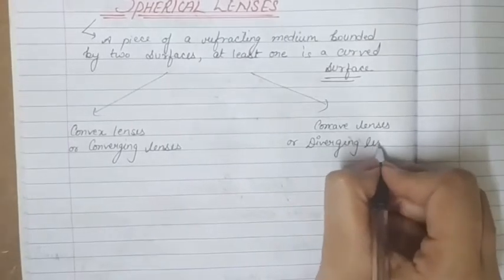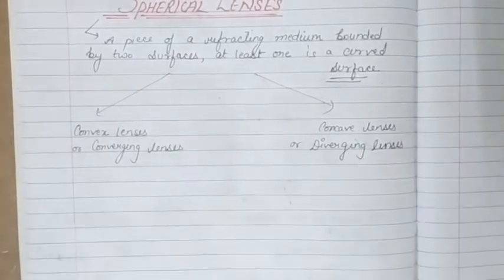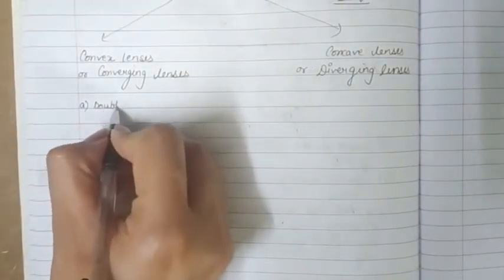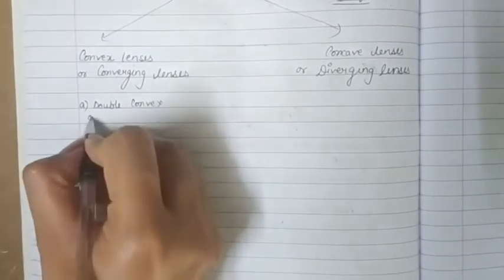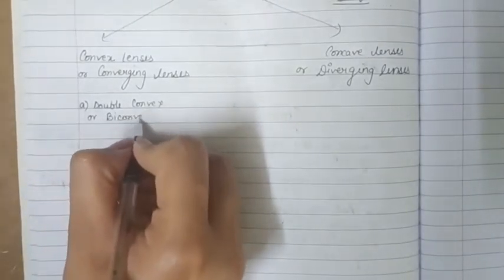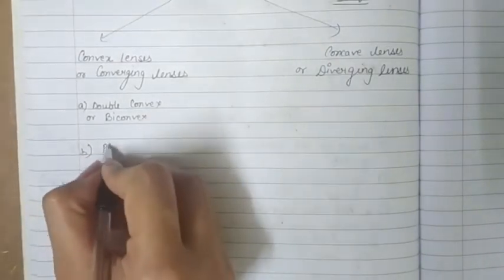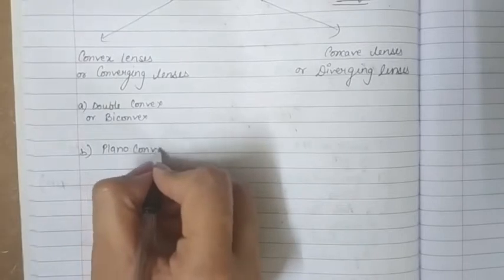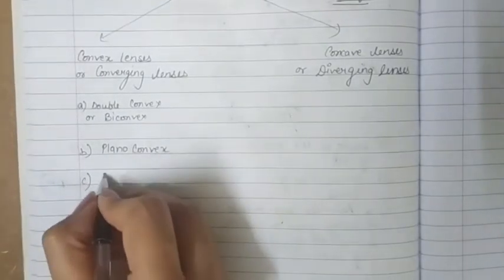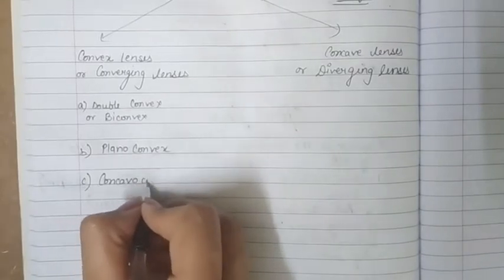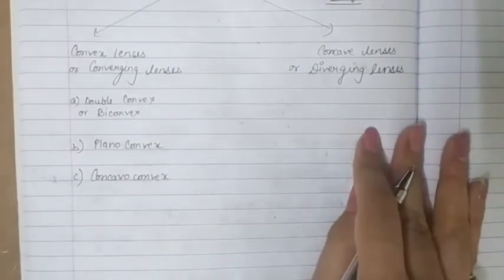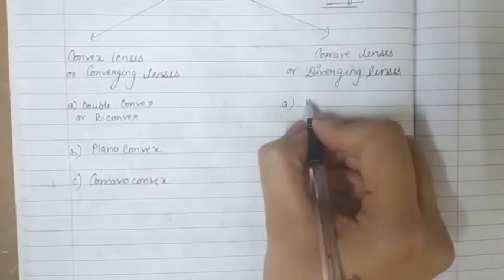These are the two major categories in which all spherical lenses are divided, and further in these categories there are three subtypes. Let's see what they are. For convex lens, the types are double convex or biconvex, second is plano-convex, and the third one is concavo-convex. Similarly, in case of concave lens, it is double concave or biconcave,